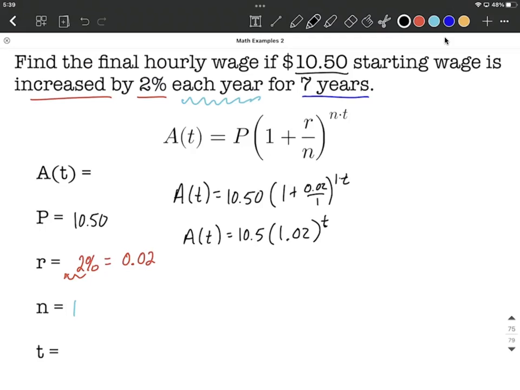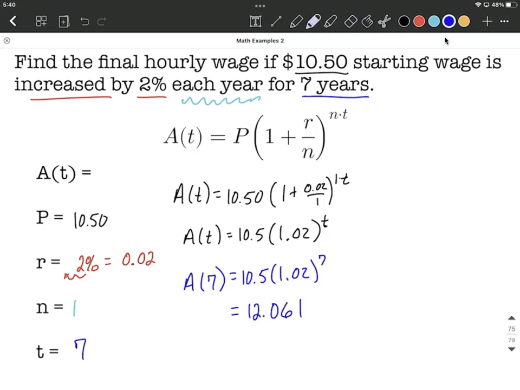All right, let's use this and that 7 years as a follow-up and evaluate this at a time frame of 7. So A of 7 is going to be when we replace t over on the right-hand side with 7. All right, get the calculator out at this point and go ahead and punch it in. I got this to equal